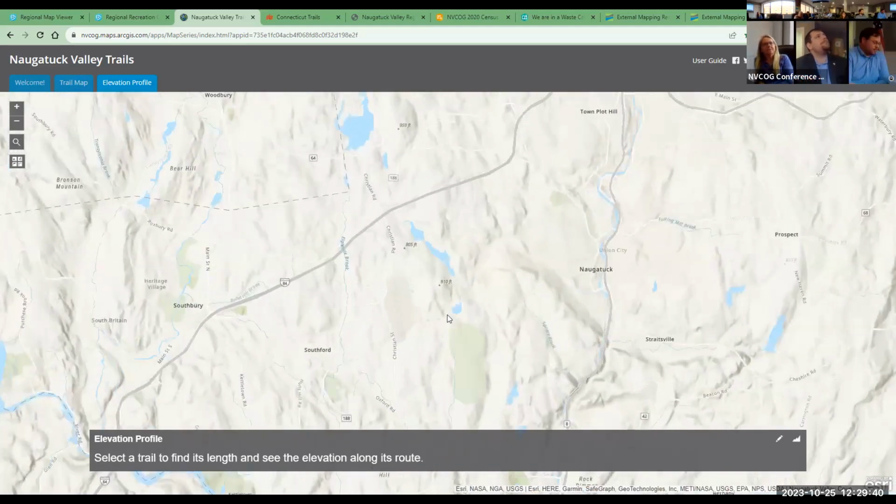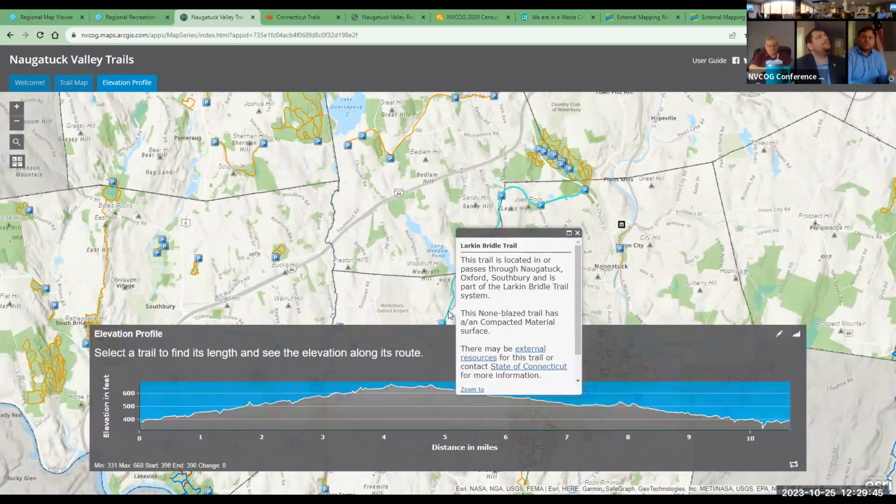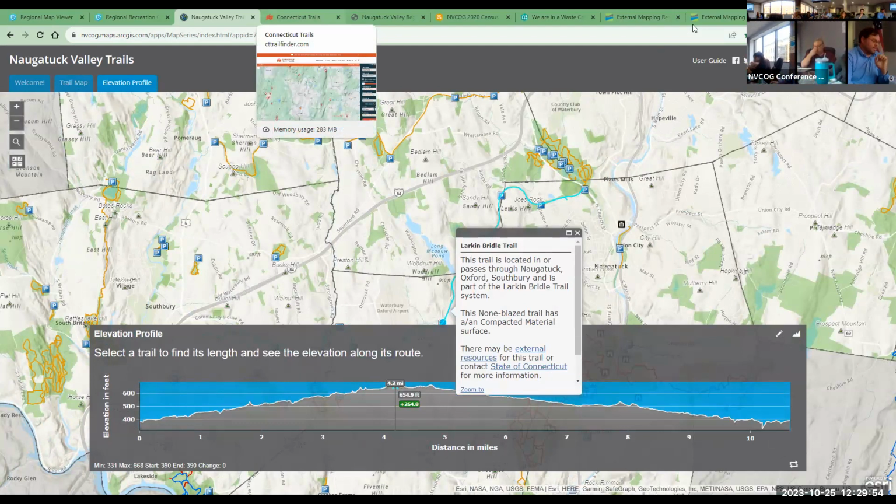So in the elevation profile, you can click on the trail. And this bar at the bottom will show you the elevation change over the course of the trail. And what Glenda was saying is,